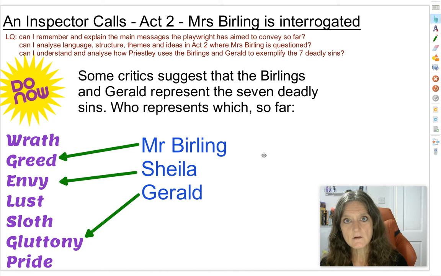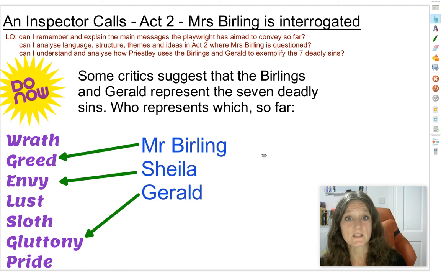So the last one is probably the trickiest one, and I've gone for gluttony. I'm thinking that lots of you probably chose lust for Gerald. In a way, I didn't choose lust because I think that works better for one of the other characters. I went for gluttony because Gerald is a young man who, at the point where he met Daisy Renton, had a beautiful girlfriend,